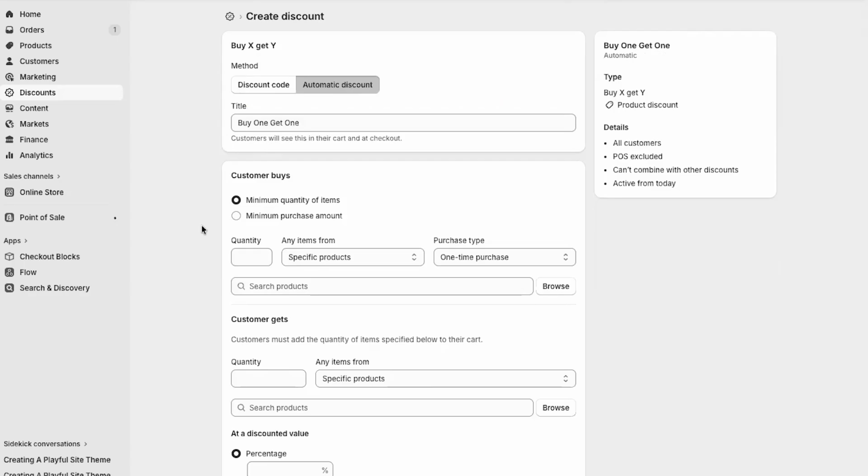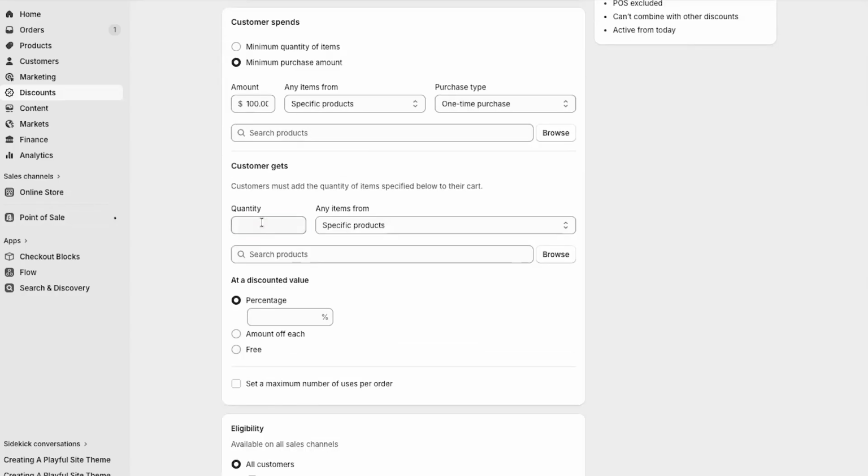So they have different rules in here. This first set of rules is going to be when the customer buys the products. You can either set it as a minimum quantity, so if you buy four, you get one free, or by purchase amount, spend $100 in our store, we'll give you a free prize. Another good one is the minimum purchase: if they spend $100, you're going to give them a special gift. So if it's on all products, one-time purchase, then the customer will get their prize, so they'll get one, and you can search for that specific product,